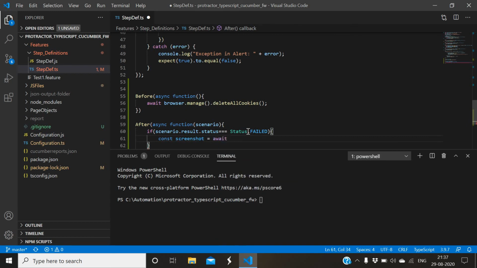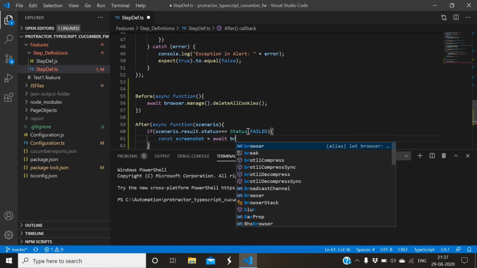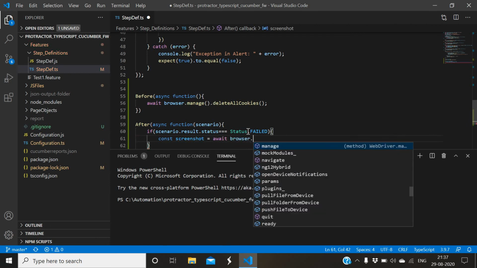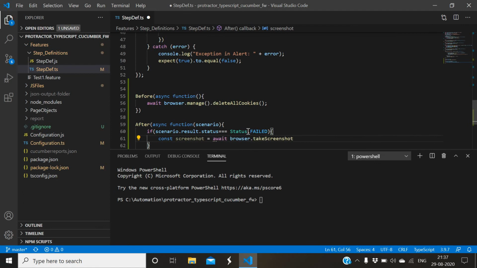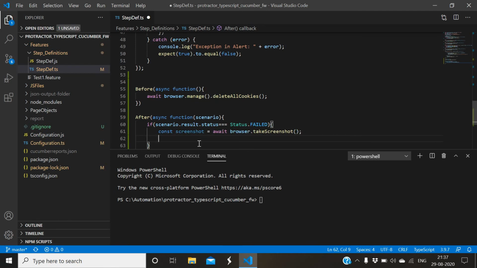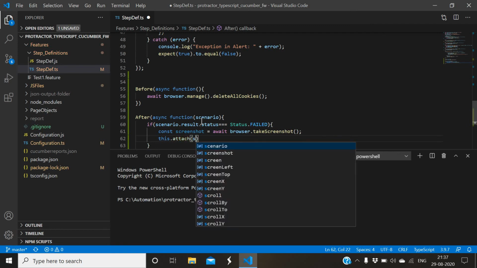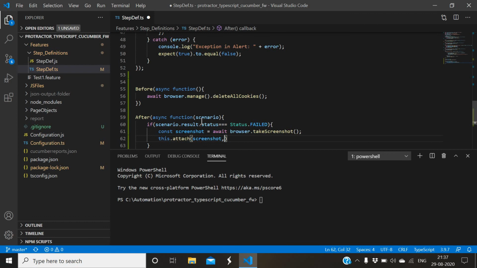There is a very small step for taking a screenshot: browser.takeScreenshot(). It will take the screenshot and capture it in the screenshot variable, and then we can attach that in the report by using this.attach, with the screenshot as an image of png type.